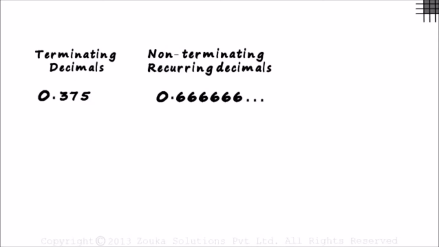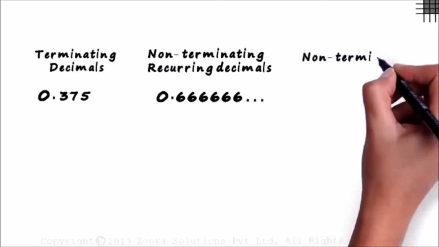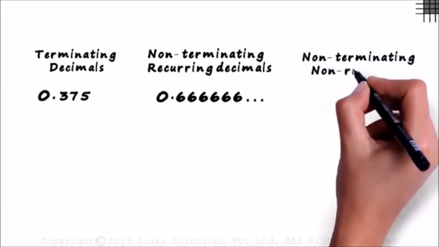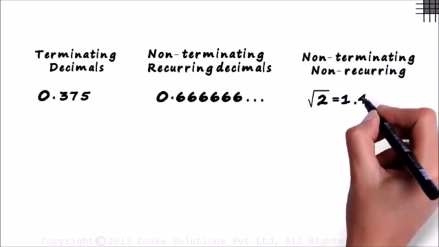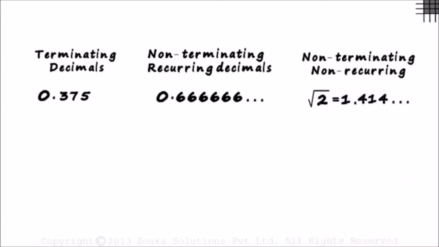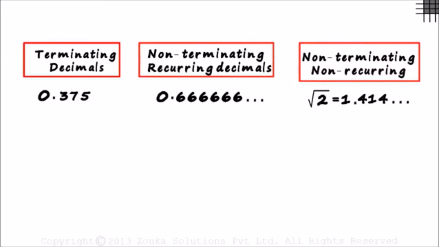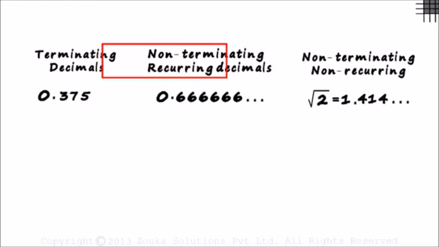And the third type is non-terminating, non-recurring, or non-repeating decimals. Example, we have square root of 2. It is approximately equal to 1.414, and the digits after the decimal do not end. Hence, it is called non-terminating, non-recurring, or non-repeating decimals, since there is no specific pattern of reoccurrence. Broadly, these are the three types of numbers: terminating decimals, non-terminating recurring